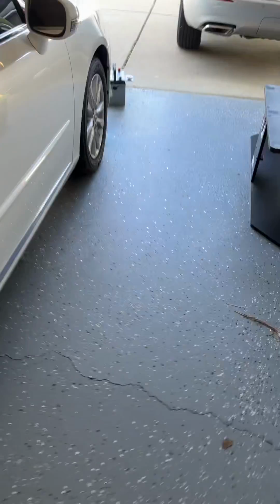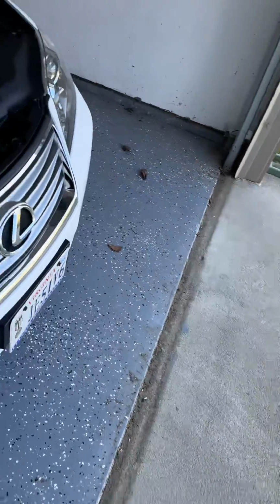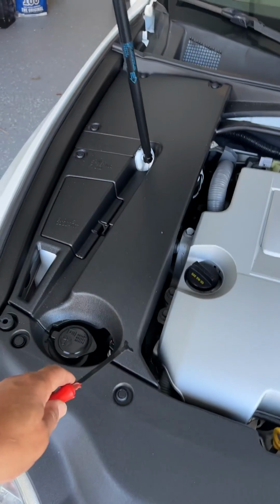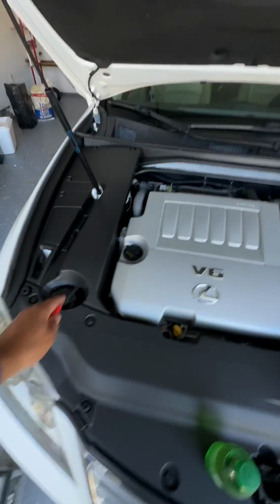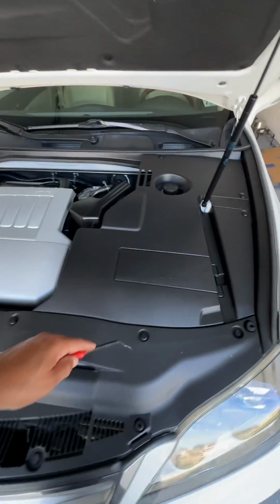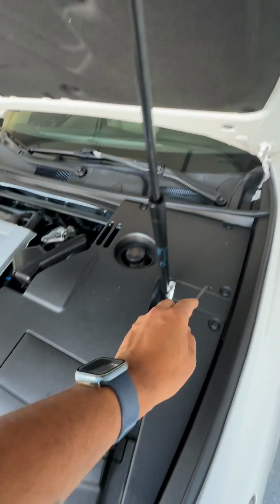Going to be changing out the battery. People are wondering where the battery is at. You have to take off these plastic covers. All these plastic covers go around like that. Your battery is sitting right up under here, but you got to take a lot of plastic off to get